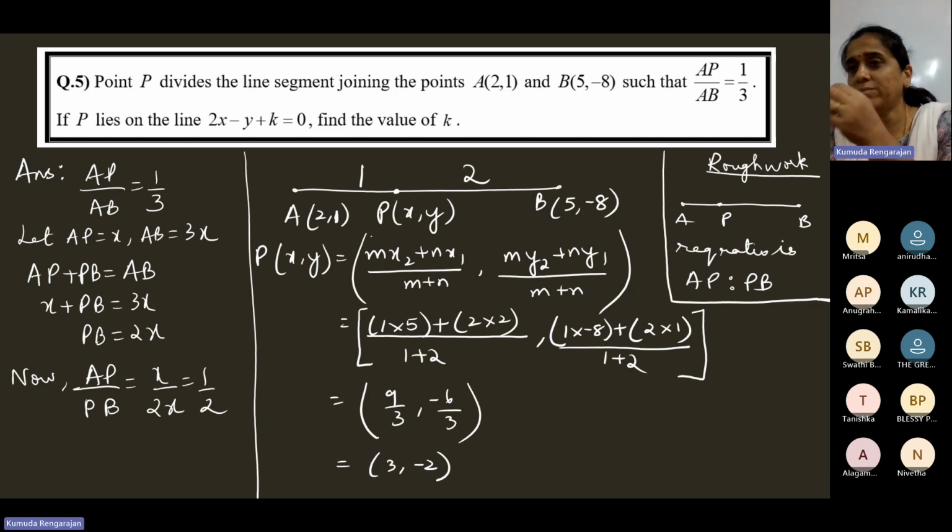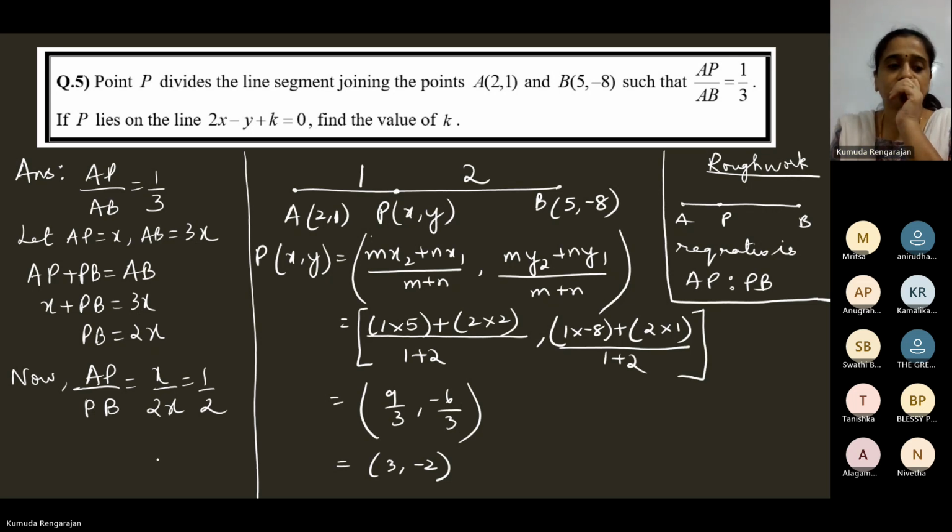The ratio given is AP by AB, but P divides AB, right? P divides AB, so P lies on AB. So the required ratio is AP is to PB. But we are given AP by AB. So you should find AP by PB. So we work and find AP is to PB. Okay. Now,